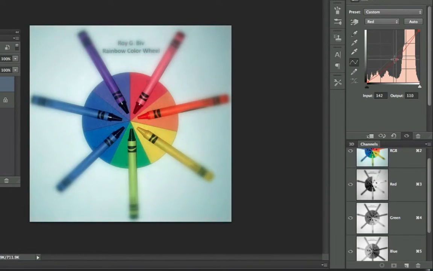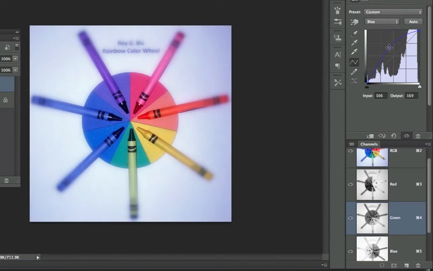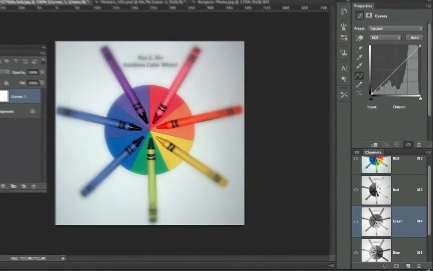If I move this down, it becomes more cyan. And why is that? Because the red channel is becoming darker, which means you'll see more cyan or less red. I think I've talked about this in previous places, but this is the way that it works with channels. More green, more magenta. I'm still on the red layer, red channel. More green, more magenta. More blue, more yellow. So channels are a really, really powerful thing to know. And unless you understand